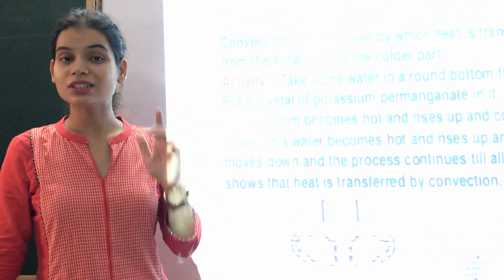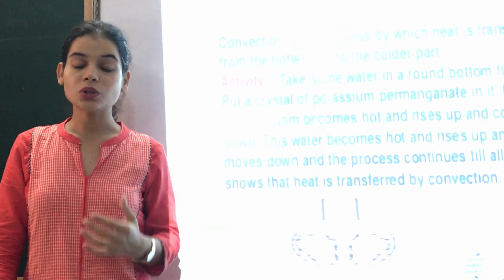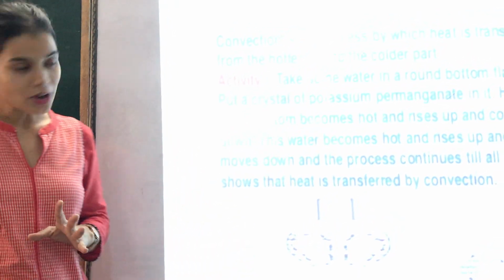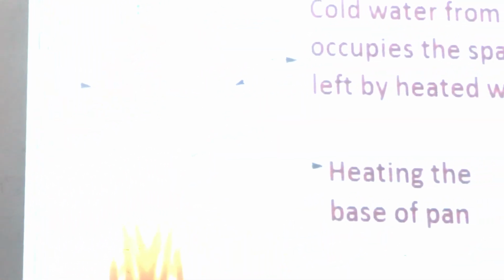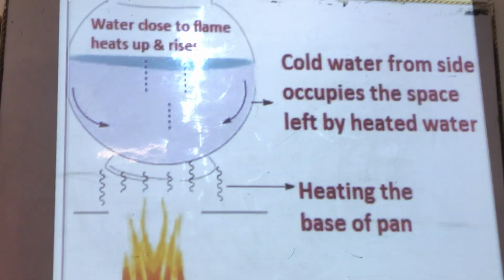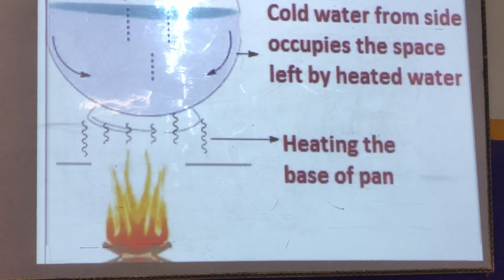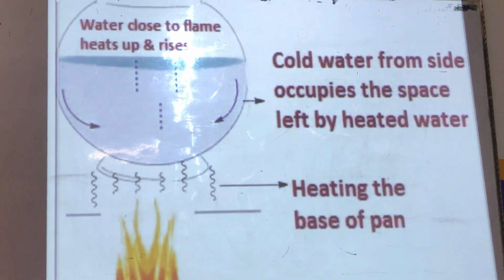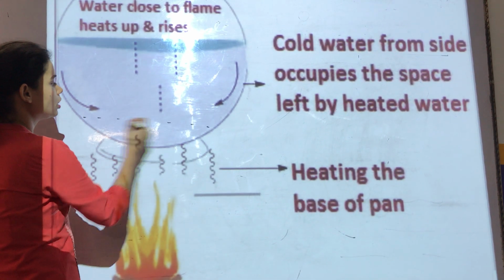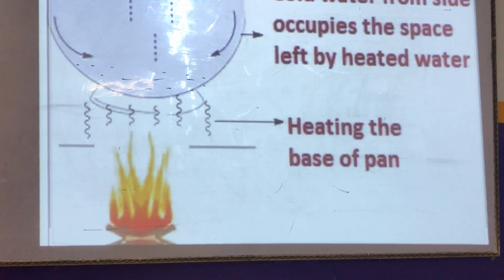So convection is a process of transfer of heat in water. Now this process is very different from conduction. Let's see this. For example, children, you have this water. Can you see this water? So suppose this is a beaker having water inside it, and if you heat the base of the pan using a burner or anything, what will happen? After some time, first of all, the water which is very close to the burner will start heating up.